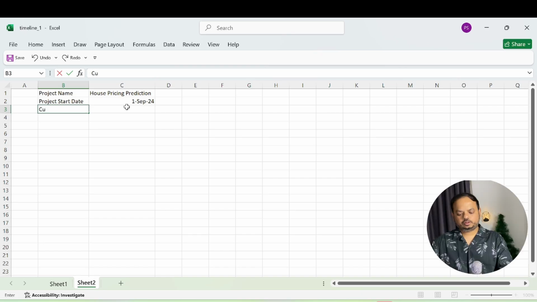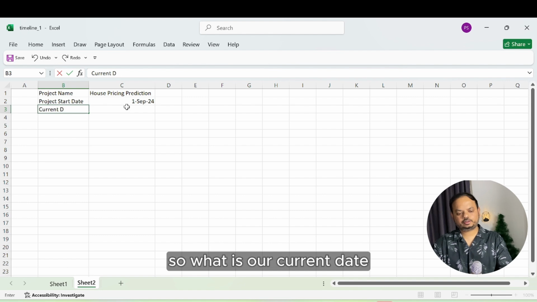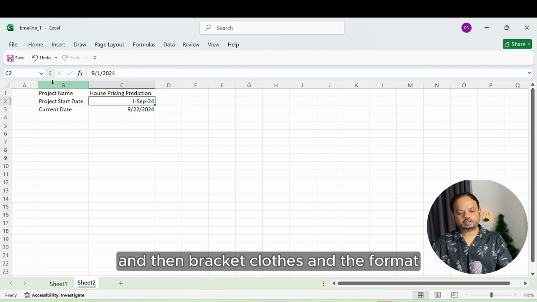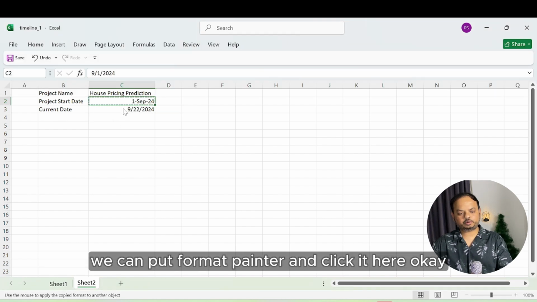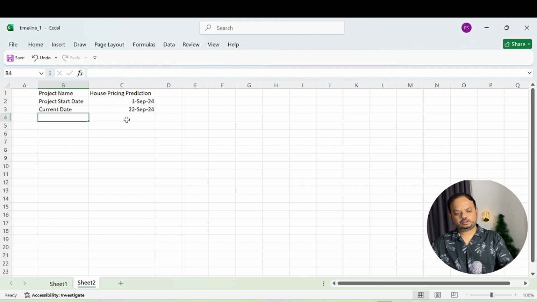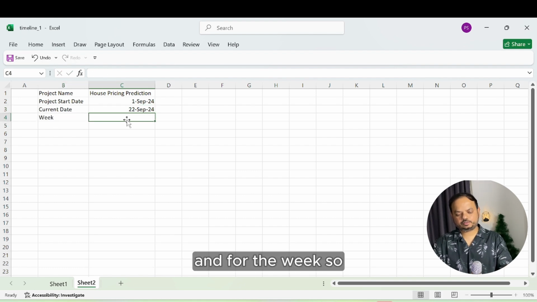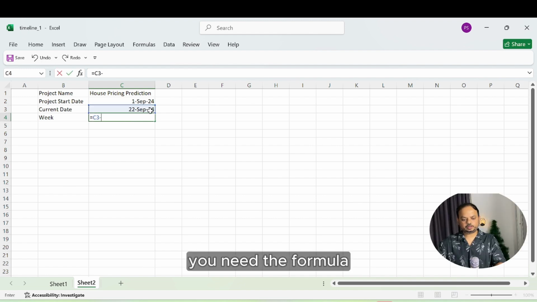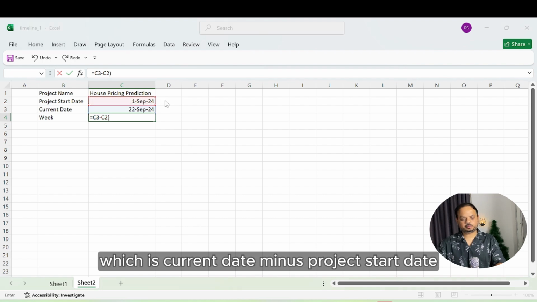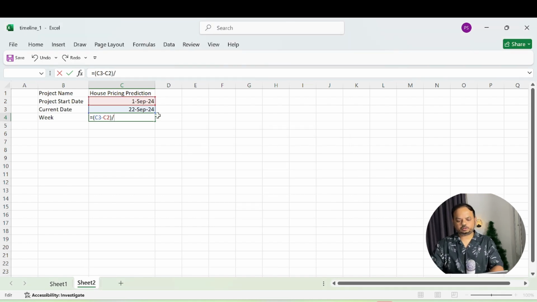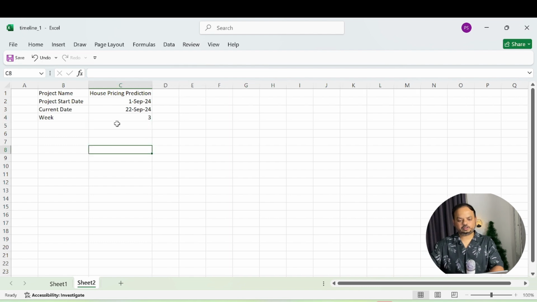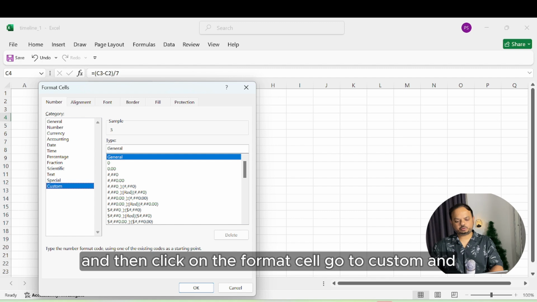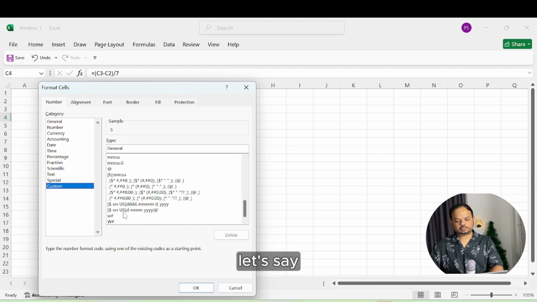Let us now create the timeline. So what is my current date? We can use the formula TODAY and then close the bracket, and for the format we can use Format Painter and click it here. Okay. And what is the week? To calculate the current week, you need the formula, which is current date minus project start date, then put the closing bracket and divide by 7. So this gives you week 3, and then click on Format Cells, go to Custom, and let's say